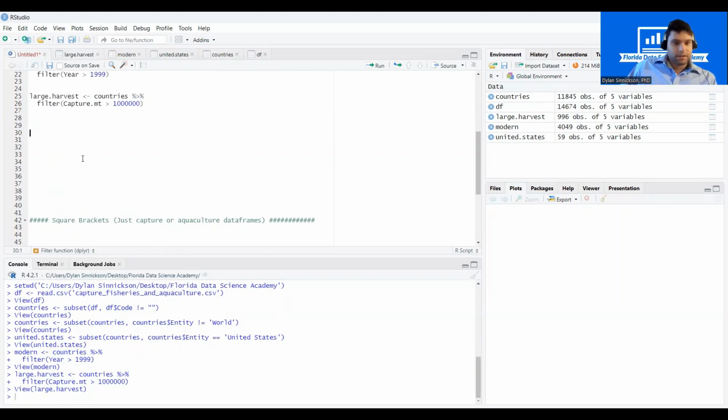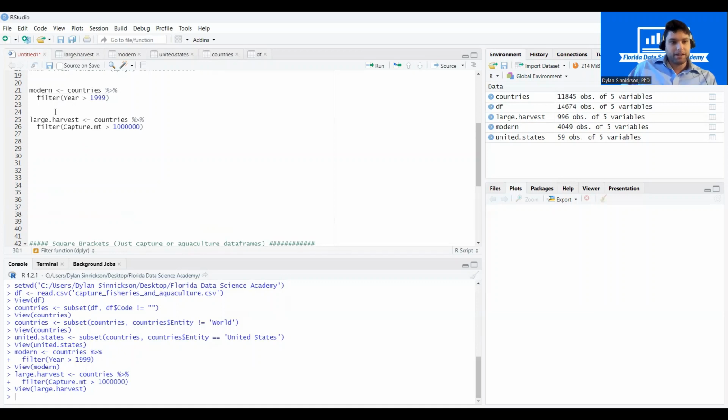Now let's see if we can combine both the syntax that we had on lines 21 and 22, as well as lines 25 and 26, where we're going to have the modern countries, and we're also going to have very large values. So let's take large modern. The new object we're going to create is called large modern. It's going to be set equal to countries, where we have